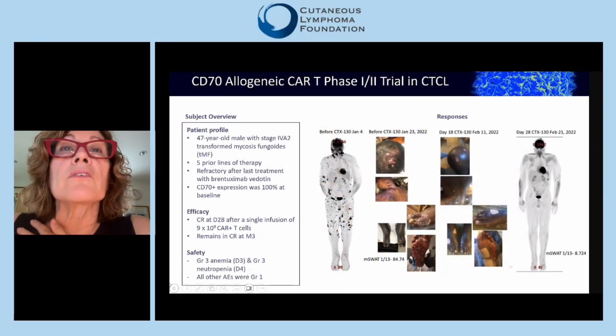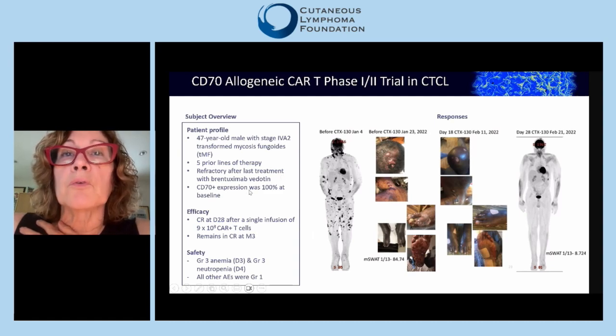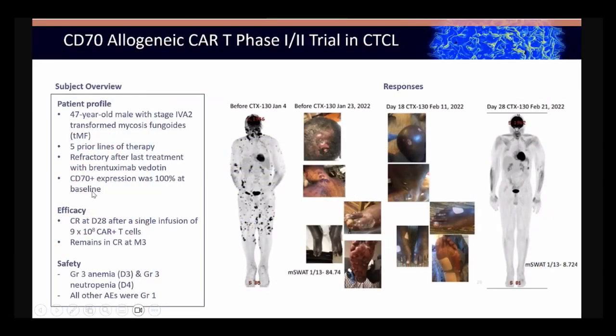So again, this is a patient with advanced transformed mycosis fungoides, who had 5 prior therapies, and in fact was refractory to the last therapy, which was brentuximab. So these CAR T cells target CD70 on the tumor cells. So of course we want to measure that and make sure that the tumor cells express CD70, which of course they did in this gentleman. The patient received the cells, and then 28 days later, after a single infusion of these cells, the patient had